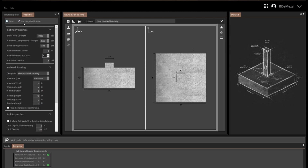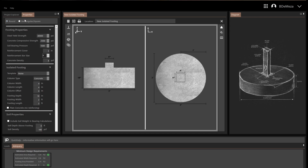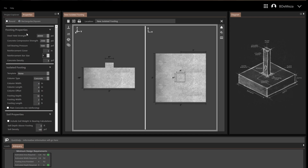We can select a round footing or a rectangular/square footing. If we select round, we'll see that change occur over in the plan view. So let's go back to a rectangular footing. For the footing properties, we have the steel yield strength. So we can choose between 40 or 60, or we could input our own. We have the concrete compressive strength, the soil bearing pressure, the reinforcement cover, the reinforcement bar size, and the concrete